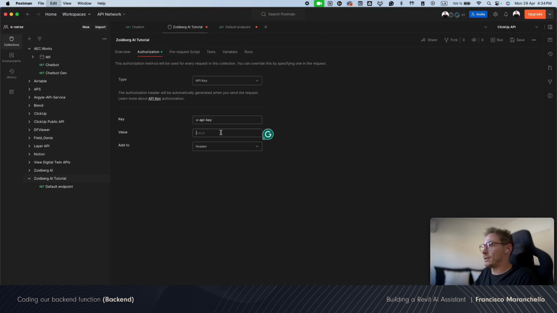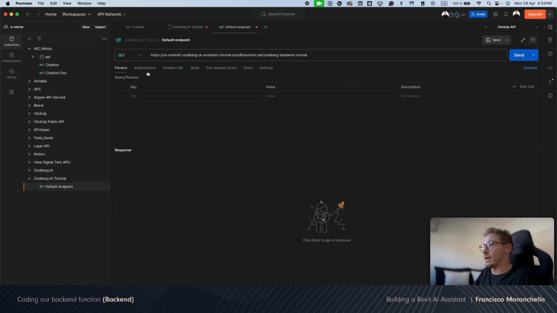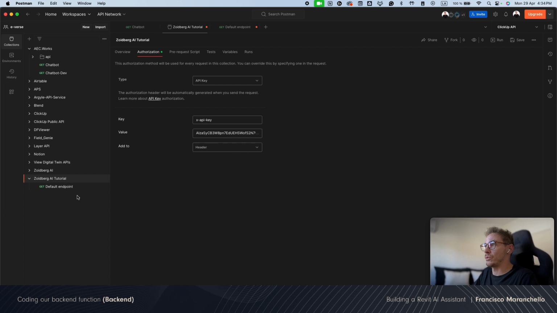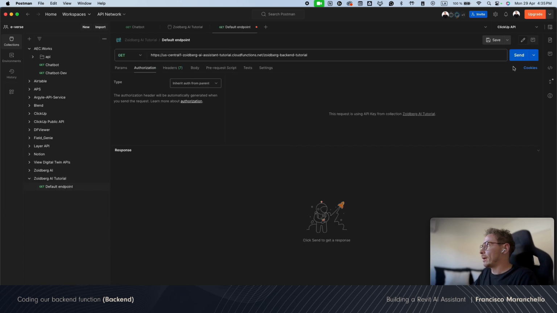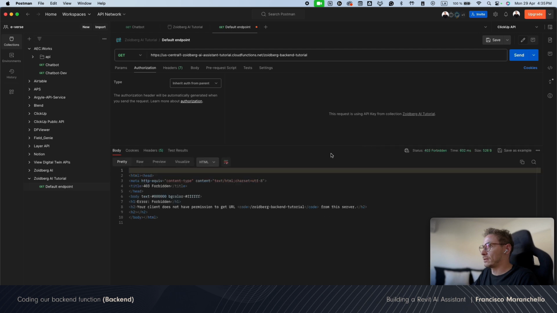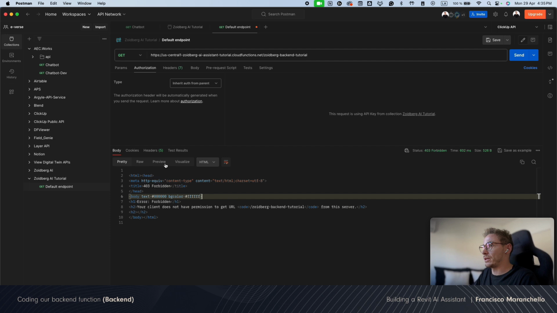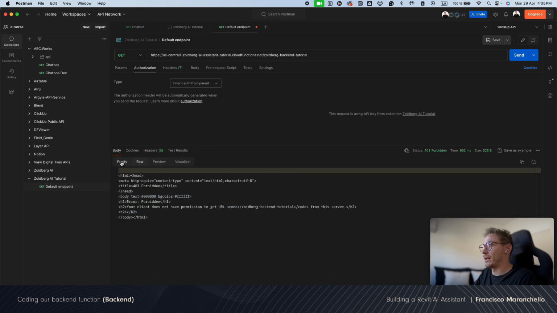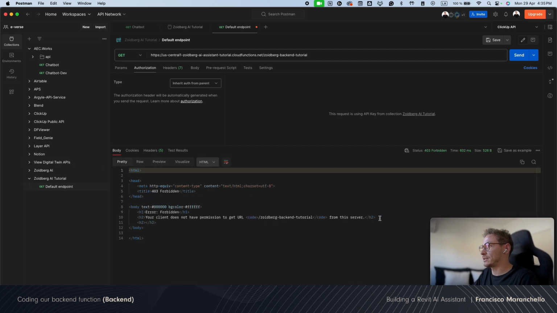Go back to Postman, and that's going to be our API key value that we're going to add to the header. So right now in our request, the authorization should be inherit auth from parent, which is what we just set. I'm going to save that, and we're going to try that. Okay, we're getting a forbidden error that is telling us that our client does not have permission to get this